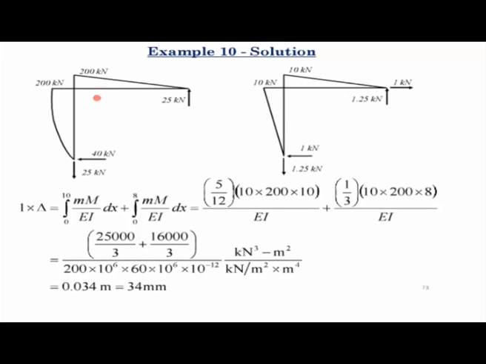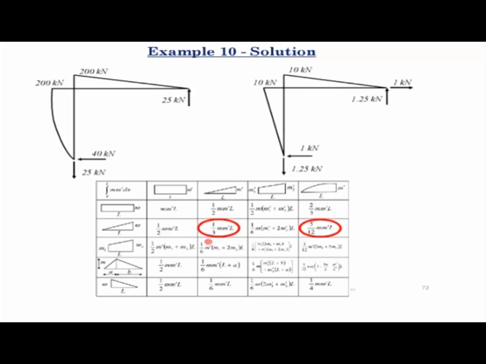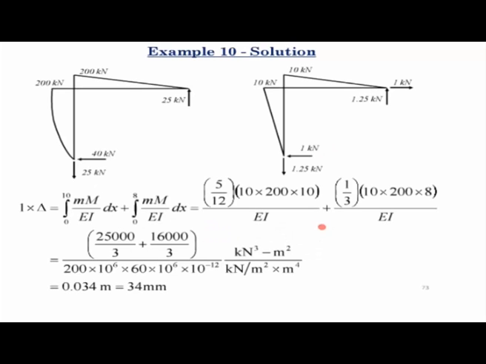And so, considering the bending deformations in the horizontal member, we saw in the previous slide it was 1/3 m m dash L. So 1/3, m is 10, m dash is 200, and the length is 8 meters, the length of the horizontal member, and EI remained constant, so you just put in the values of EI. So if you calculate this, and now here the unit virtual load is a unit kilonewton.